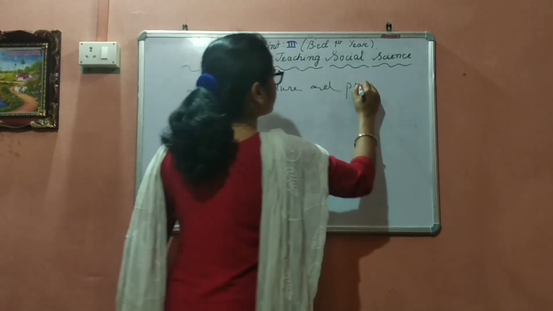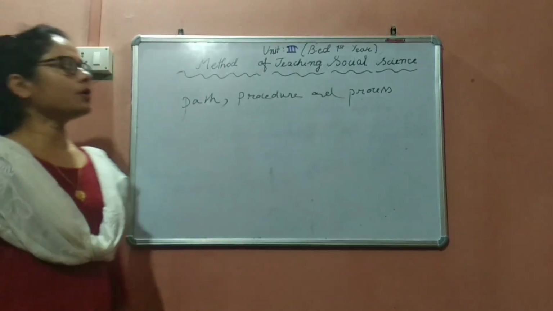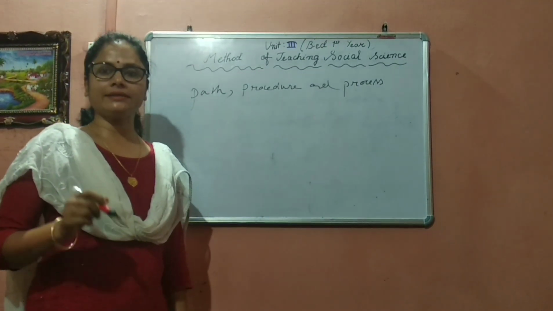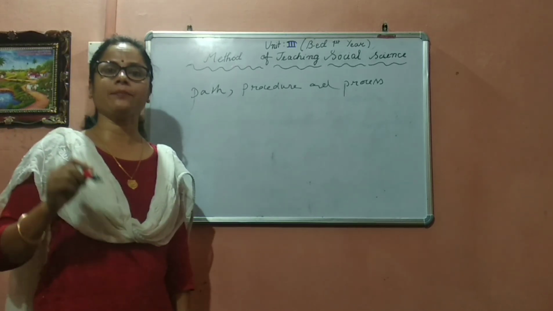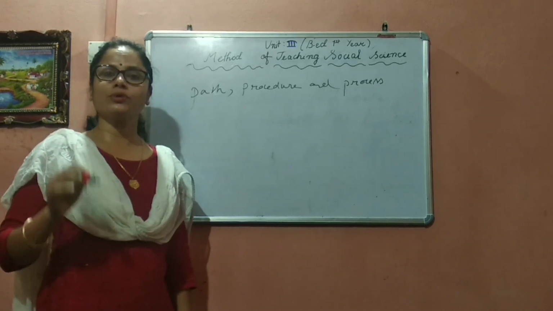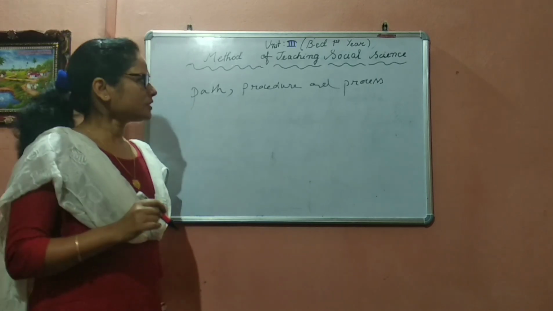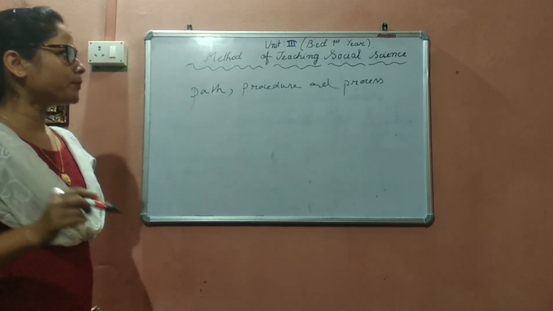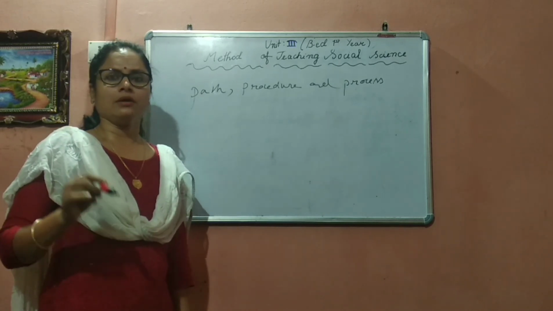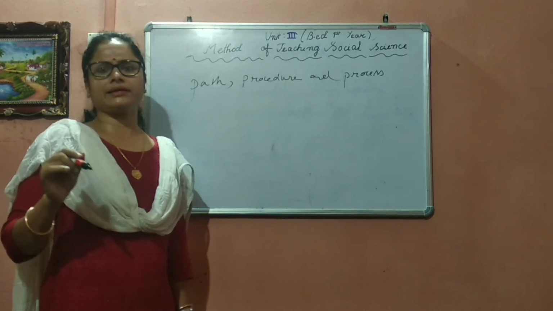and process of teaching. Method secures good cooperation between teacher and students. Method is a scientific system, a scientific process in the teaching learning process. It encourages students' learning and gives teachers a clear conception also. So, what is the actual importance of the right method of teaching? The right method of teaching always encourages students' learning.